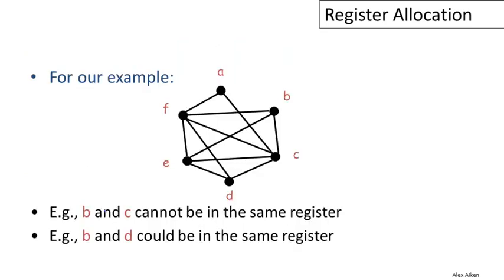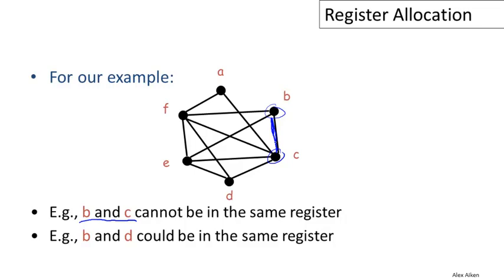So here's the register interference graph for our example. This is the graph constructed from the code and the liveness analysis that were given a few slides ago. And it's easy to read off from the graph what the constraints are. So for example, B and C cannot be in the same register because B and C are connected by an edge. Okay, it's saying that they're live simultaneously at some point of the program,